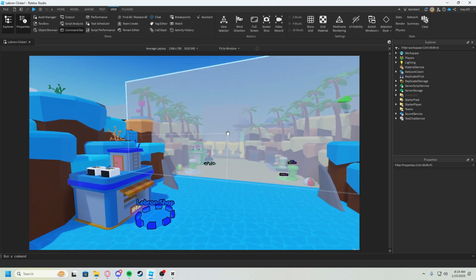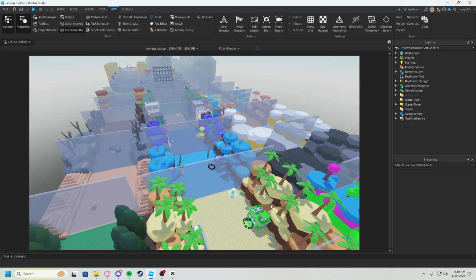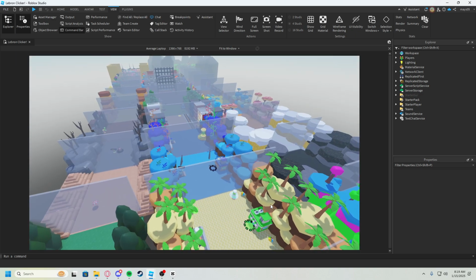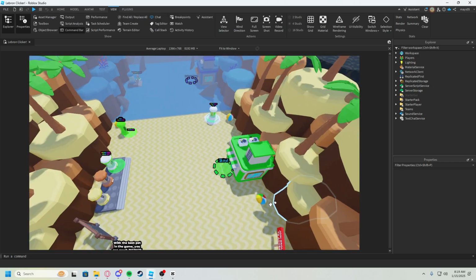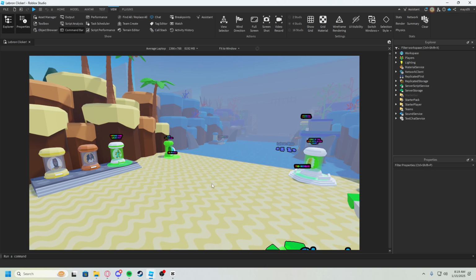But Lebron Clicker, it has been my sunshine, you know. My heart and soul went into very little here, but I did actually spend a lot of time trying to build this silly map, even though it's 99% free assets. So at least it goes to show that you can make money and make successful Roblox games without much scripting experience or building experience or anything.